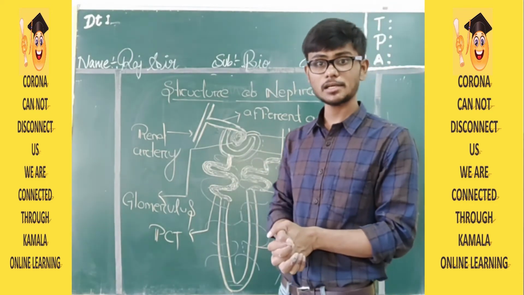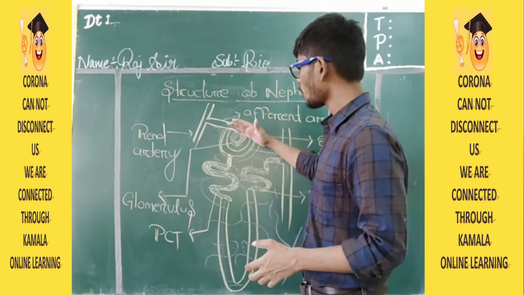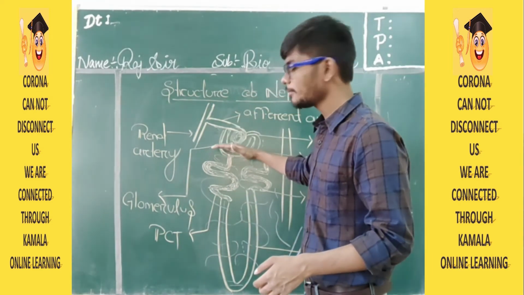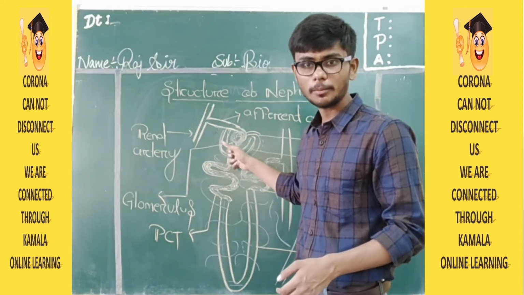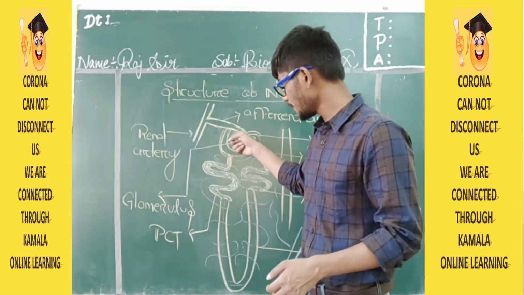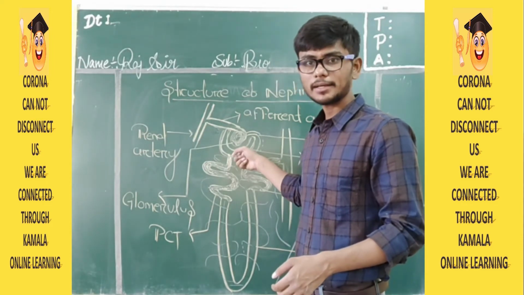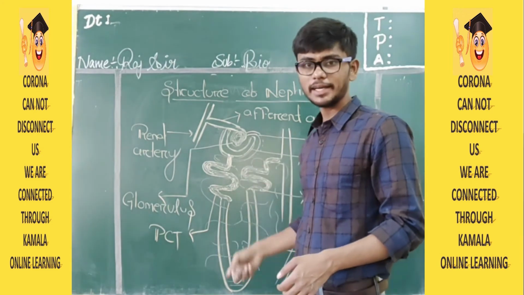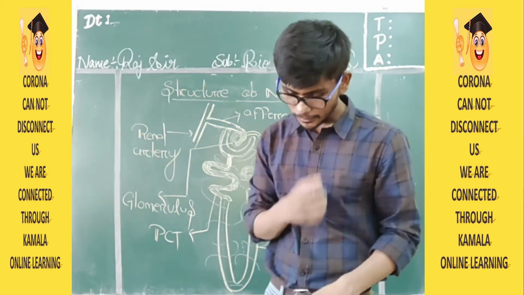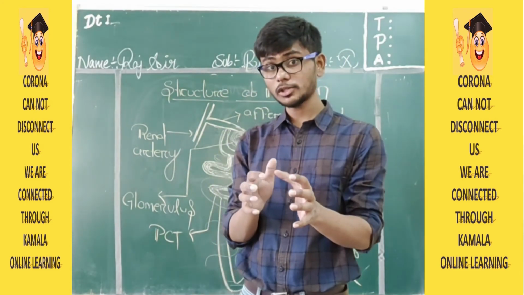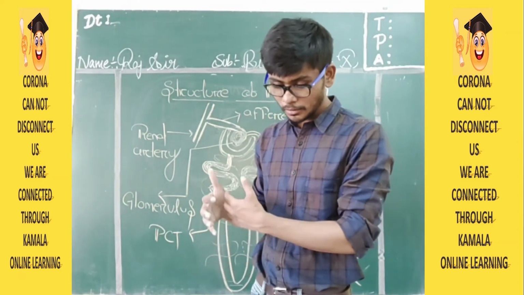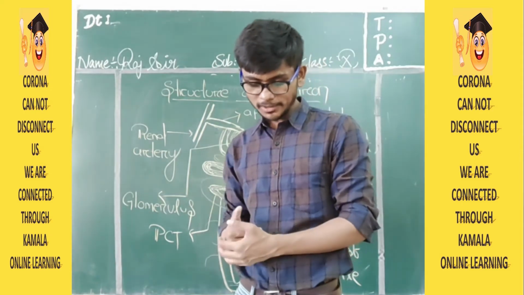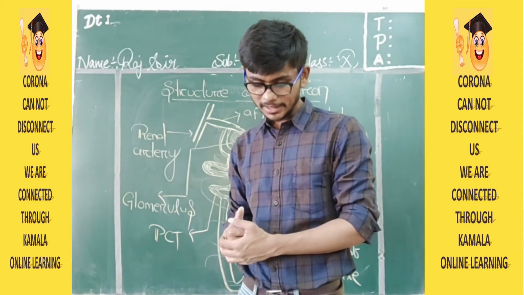Because of the pressurized pumping action, all the impurities except blood cells will go into your Bowman's capsule. They all will go into Bowman's capsule. Here it is the glomerulus. From there they will be transferred into where? Bowman's capsule. Now only blood will travel through your efferent arteriole. So you need to remember, because of this narrow outlet, pressure is exerted and the glomerulus functions as a filtration unit. Now the Bowman's capsule accommodates one glomerulus singly.